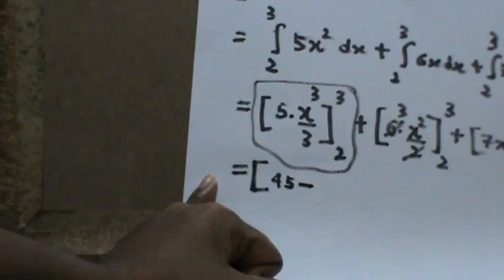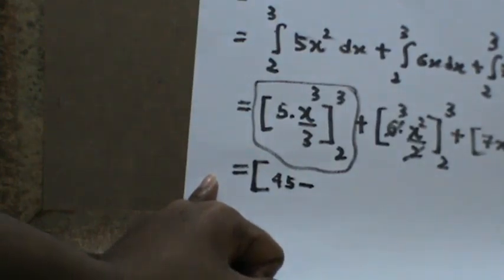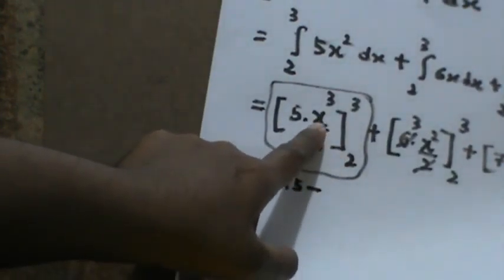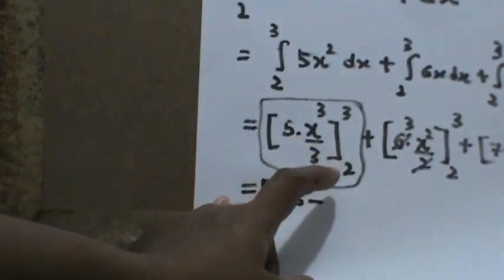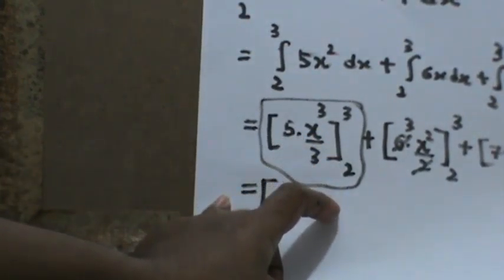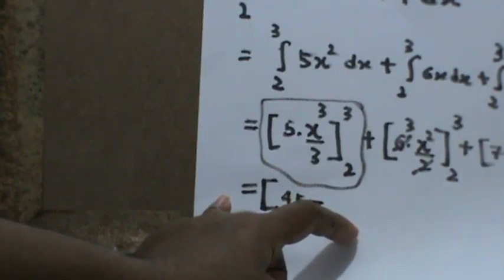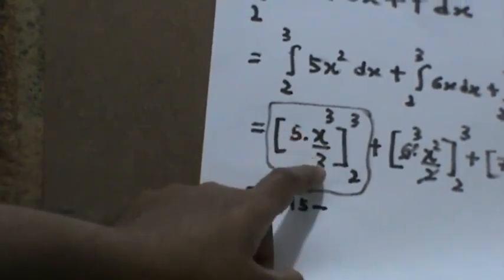minus 2 to the power 3, which is 8, times 5 is 40, so 40 by 3, 40 by 3,